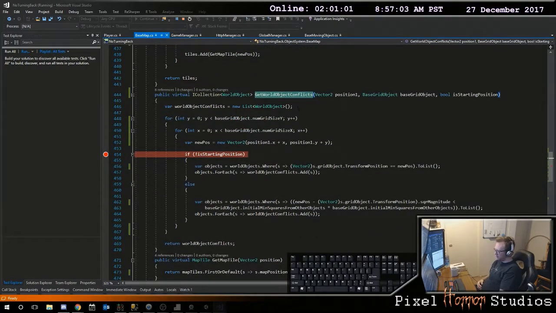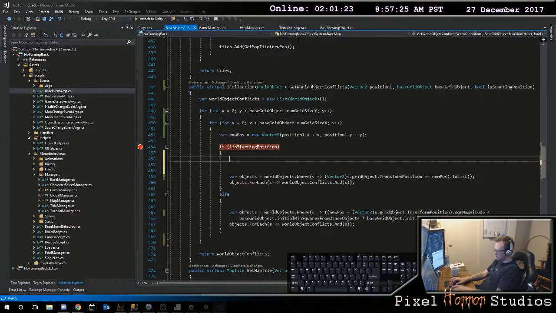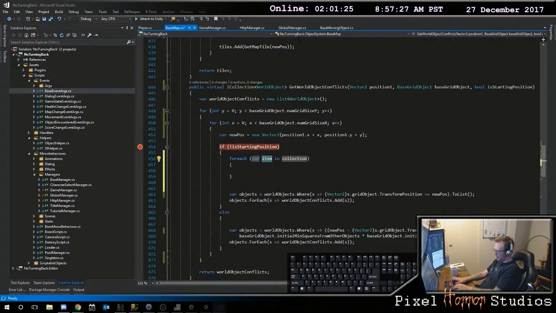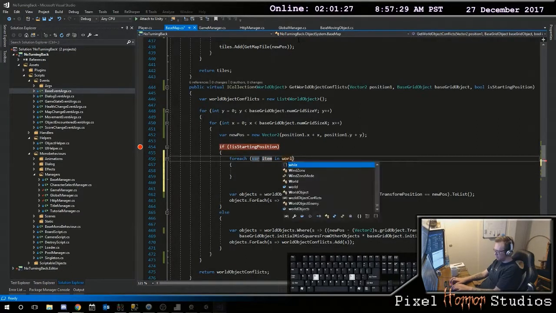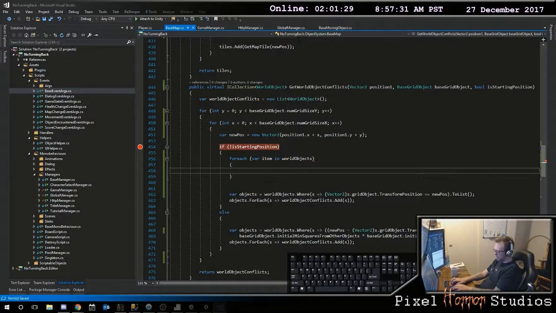What it is for each one of the sizes of my guy, I want to go and look and grab one of these world objects. And now that would only be if this grid object.transform is here. But that's not necessarily correct. Now what I want to do is for each one of my world objects, I'm going to say